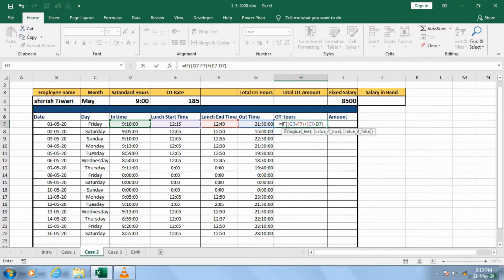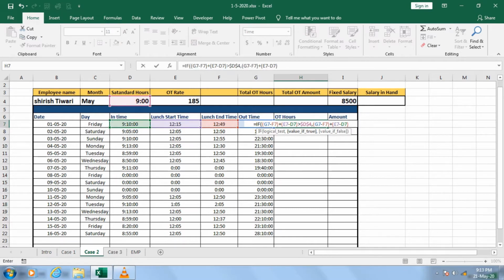Whatever answer I am getting, if that is greater than 9 hours, then it is considered as overtime. If it is overtime, I will do the same thing: out time minus in timing, close it, plus, then again out time minus in timing.